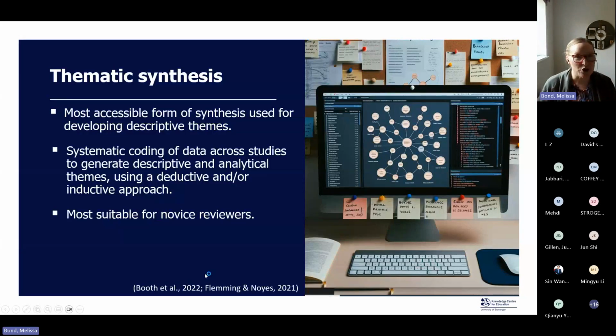So that was a very quick whistle-stop tour of meta-ethnography. The key things to remember there are, if you're wanting to synthesize purely qualitative evidence, you can use a meta-ethnographical approach. You shouldn't just limit your search string to including those qualitative data collection methods, because it will hinder the recall and sensitivity of your search strategy.